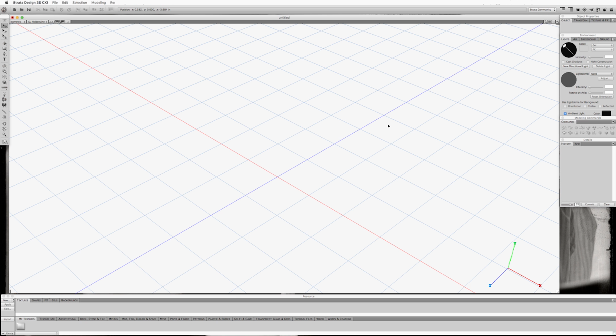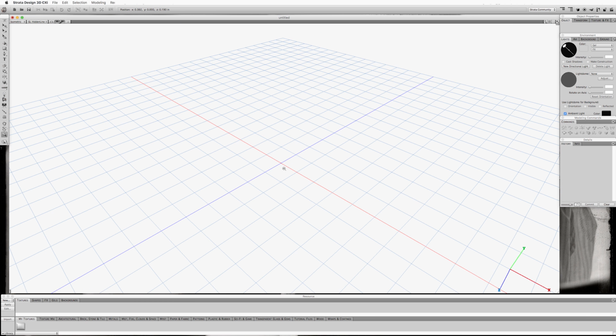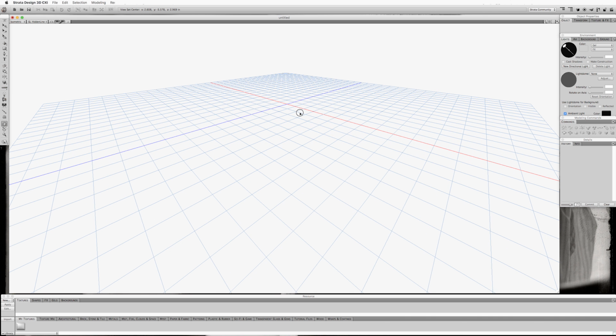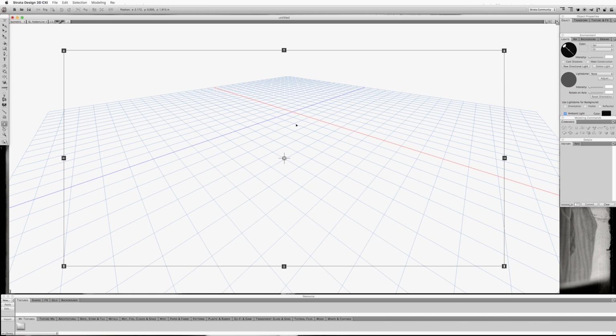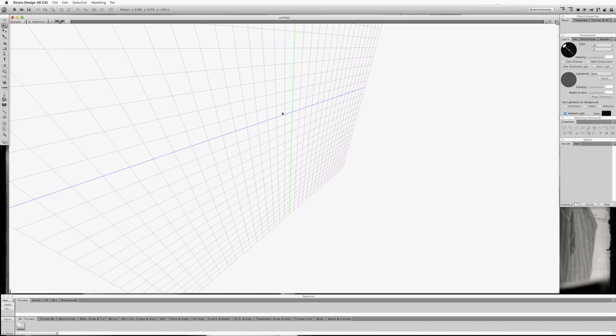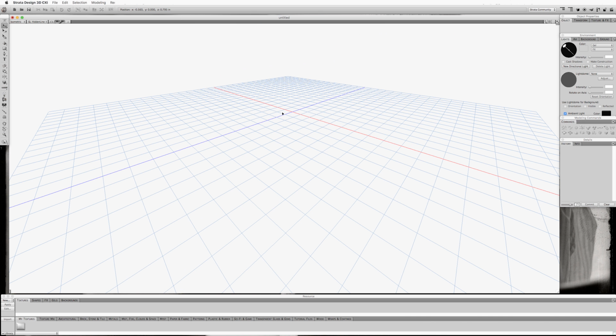this is a 3D program. And you start out with this plane with nothing on it. This is an axis, and this is an axis, and this is an axis. So you have three different planes to work on here. And what I like to do to start out